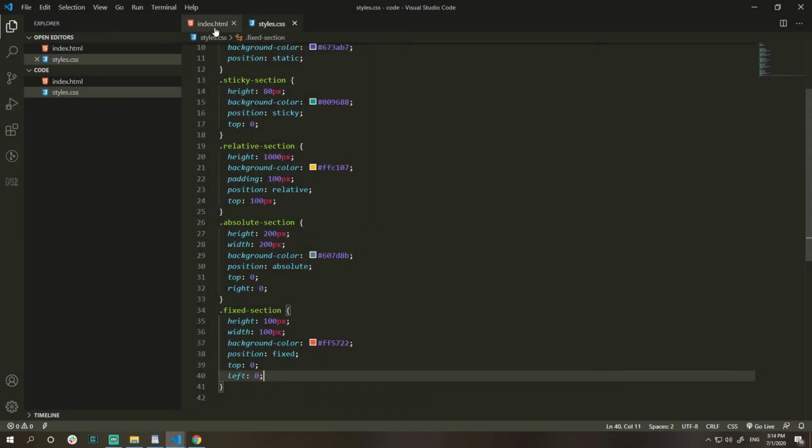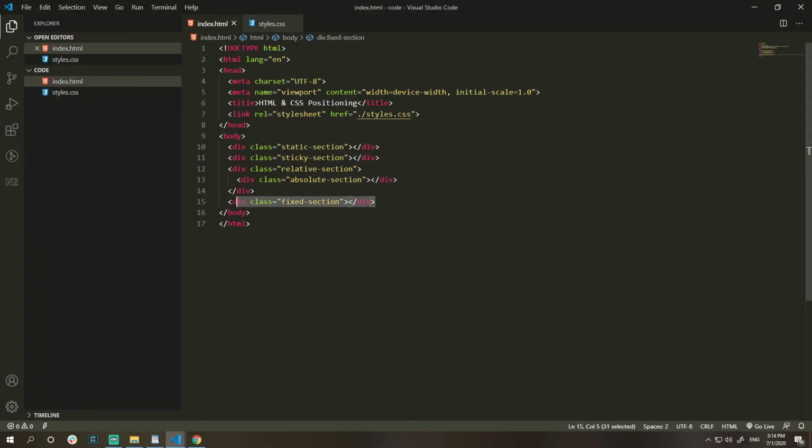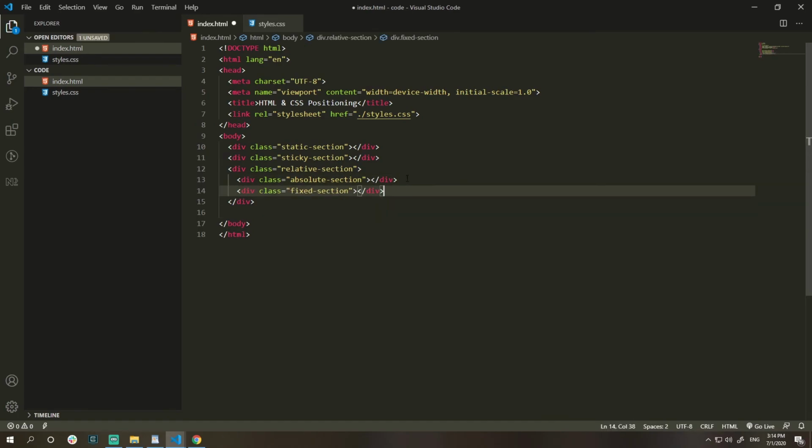Even though this sticky section stopped scrolling at this relative position, the fixed one continues its scroll. If I move this section inside of my relative section, so in my HTML, cut this out of here and put it next to the absolute section. Basically, the absolute section, as it is inside of its parent that is position relative, is relative to that parent. But the fixed section, if I refresh my screen,